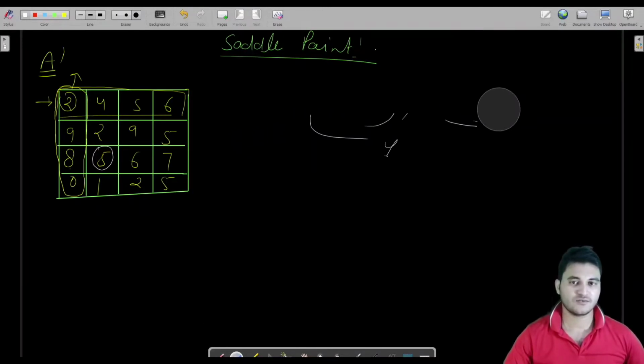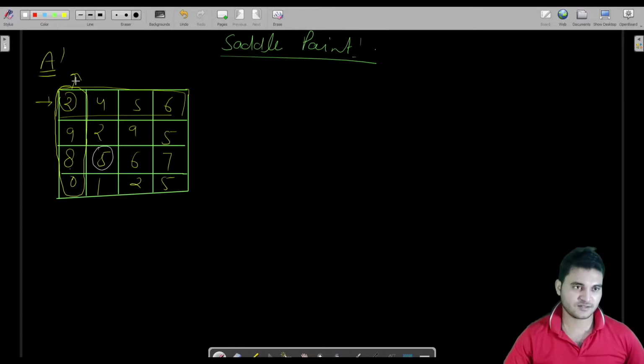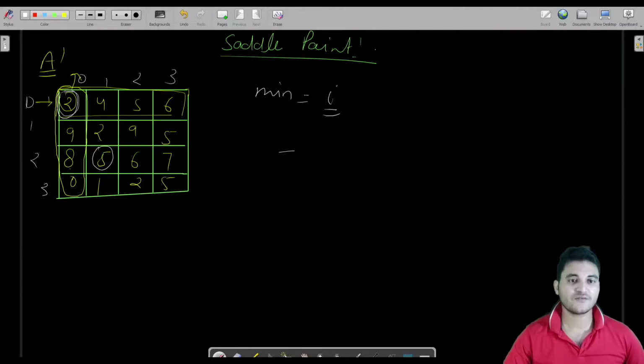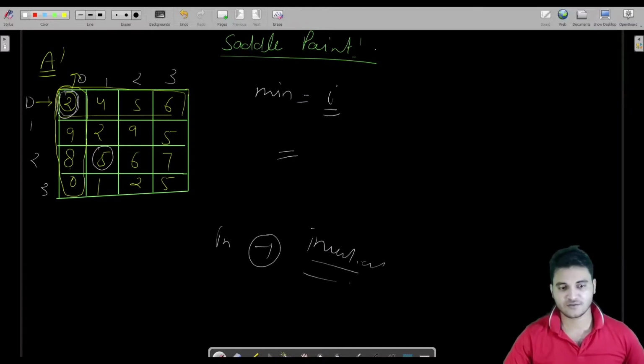So what we will do, let us say this is the 0th column, 1 2 3, and 0 1 2 3. These are rows and these are columns. If I am in the first row, then I will calculate the min inside this row, or the min index inside this row. Let us say the min index for this row is 2. Then I will check whether the element on this index is also greater than the others in its column. If it is, then we will break there and print the value. And if we do not find any saddle point, then we will print either -1 or invalid input.